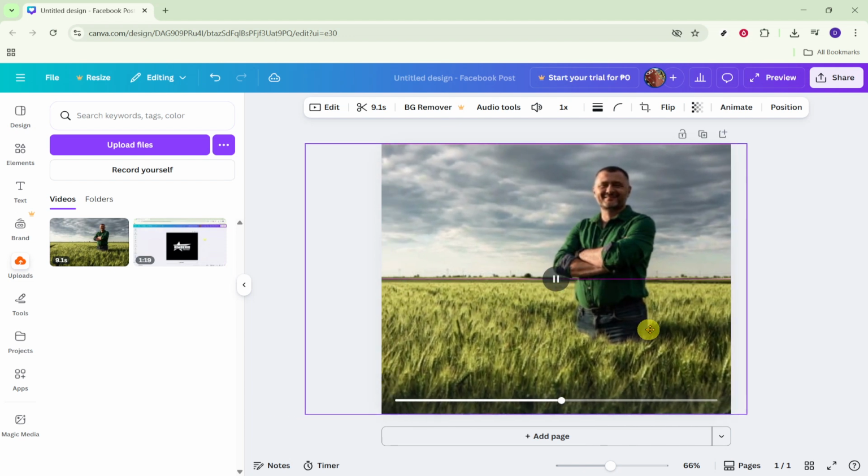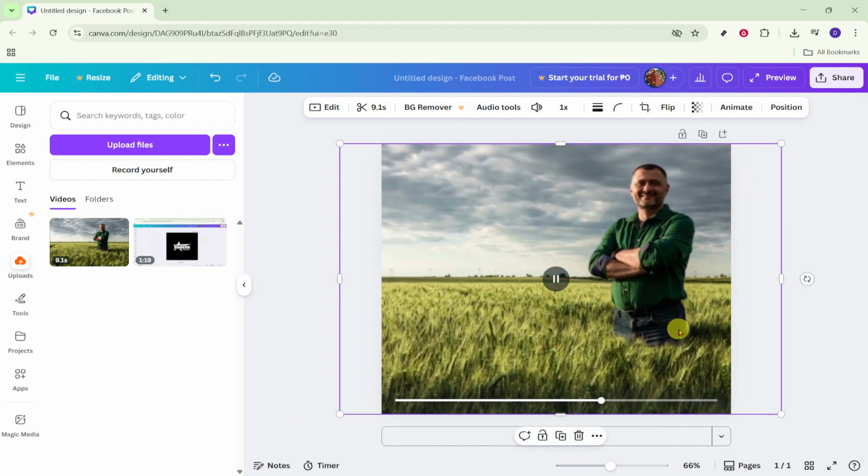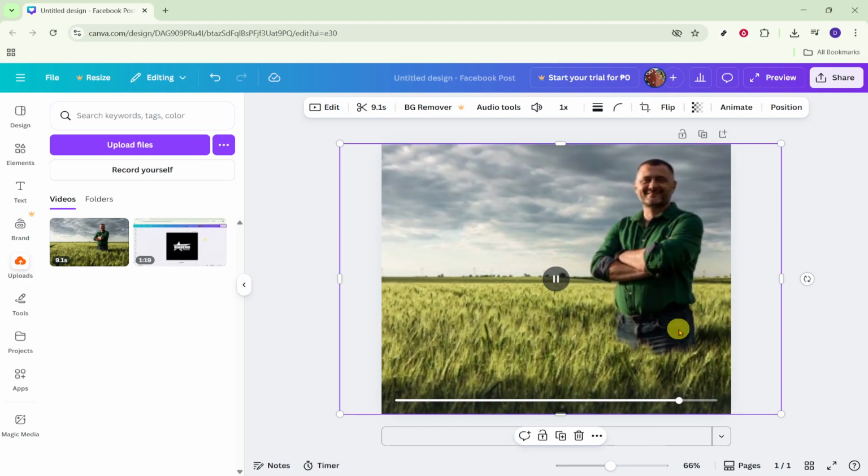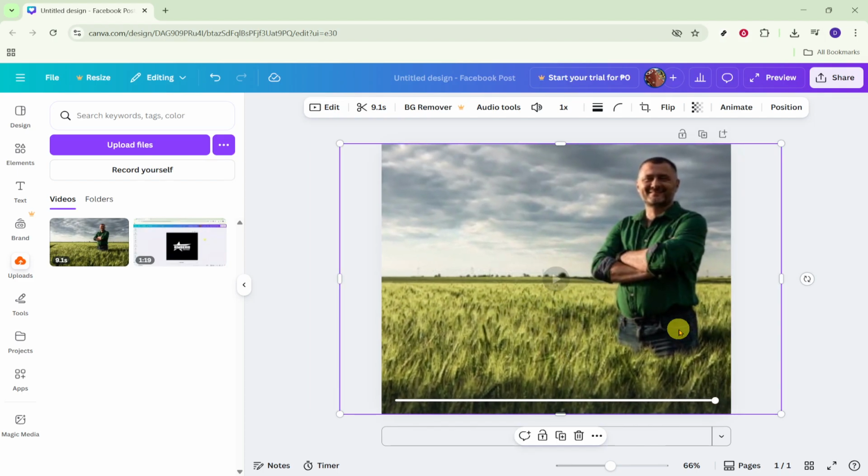Once the video fits your layout, play it back to make sure everything looks good within the frame. When you're happy, you're ready to continue designing or export your project as usual. That's all there is to